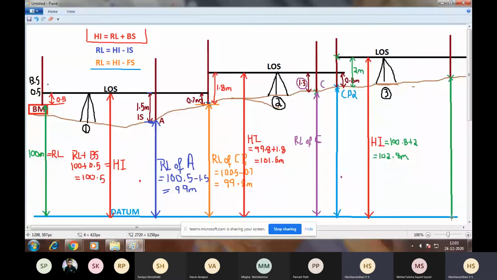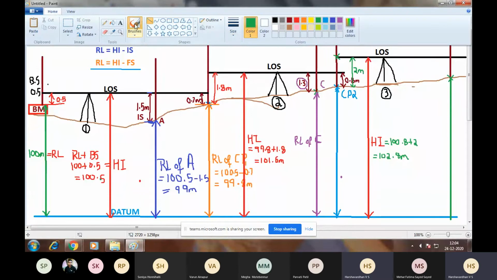So this is the RL. RL is height of instrument minus this particular staff reading.